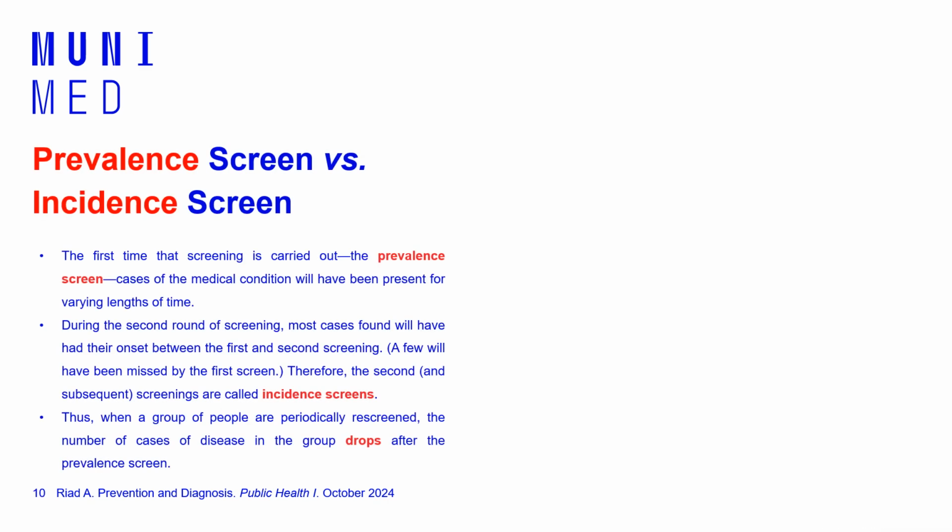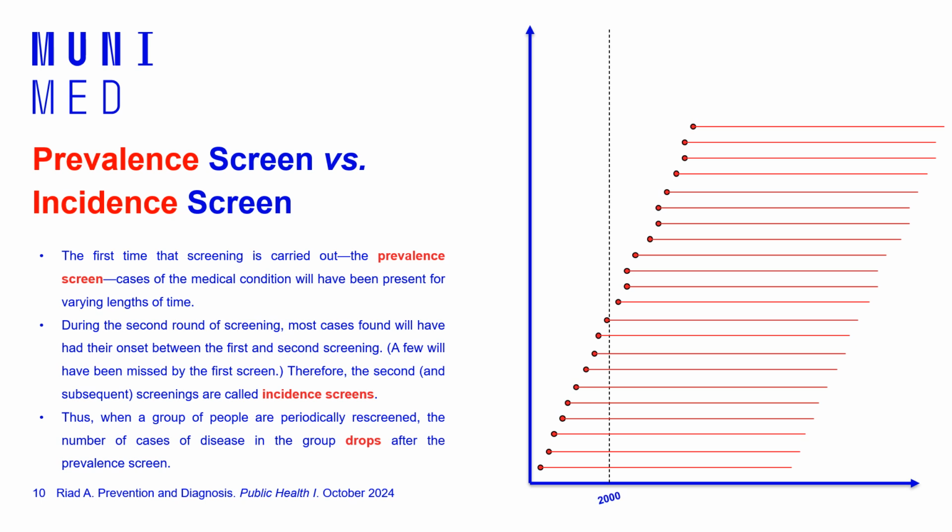Okay, so in this slide you will see an interesting phenomenon about regular screening. When you apply regular screening, for example, to a population like this one, and in the first year you started the screening in 2000, the first screening round in 2000 included all the previously active cases, and as you can see, this is probably 10 cases that were previously existing, and when we did the screening program in 2000, we found all these previously existing cases.